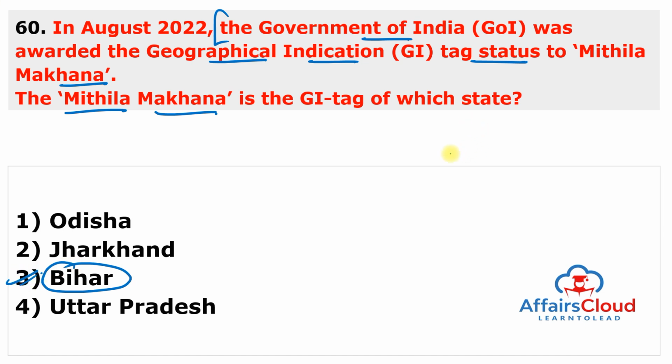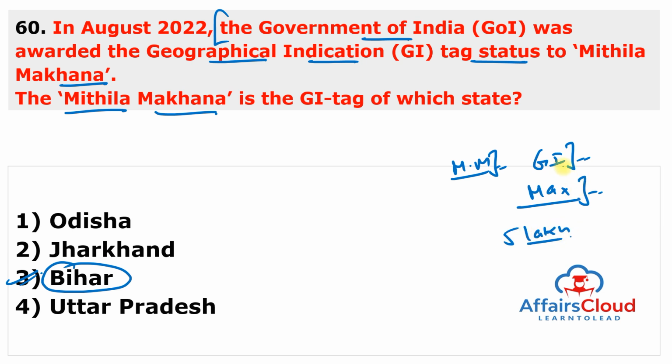The Government of India has awarded Mithila Makhana from Bihar a geographical indication tag, which would enable farmers to get a maximum price for their premium produce. The decision is anticipated to benefit over 5 lakh farmers in the Mithila region of Bihar. The geographical indication has been registered under the Mithilanchal Makhana Utpadak Sangh, which is facilitated by Bihar Agriculture University. And this is the 5th product from Bihar to be awarded a geographical indication tag,